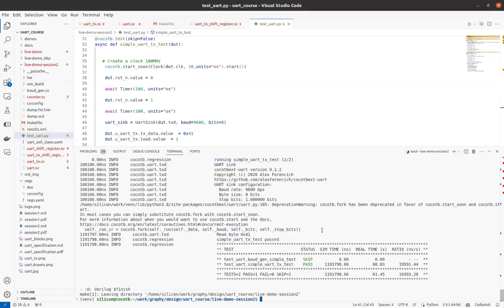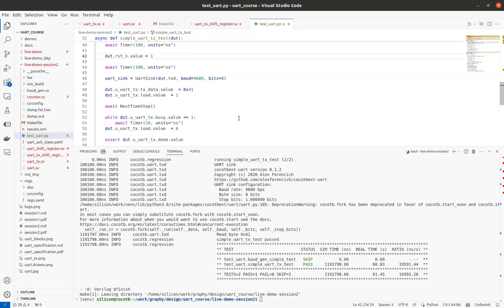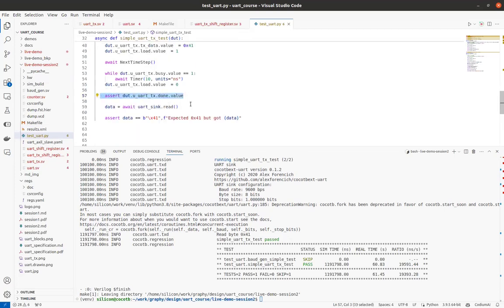Okay, so it's done. You can see, right? Since it says pass, what I expect is this was passing, and even this was passing. You can see that from here. See this read byte, we got as 0x41, which we actually transmitted, right? So I think with this, our transmitter module is working correctly. Only thing, we have a fix